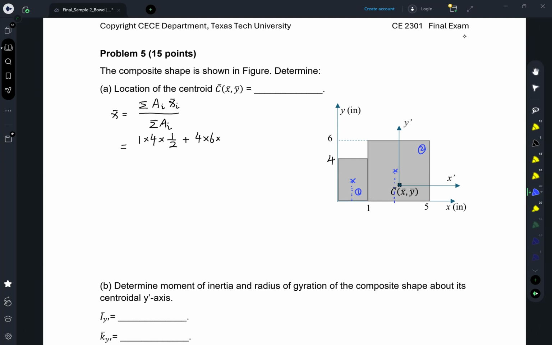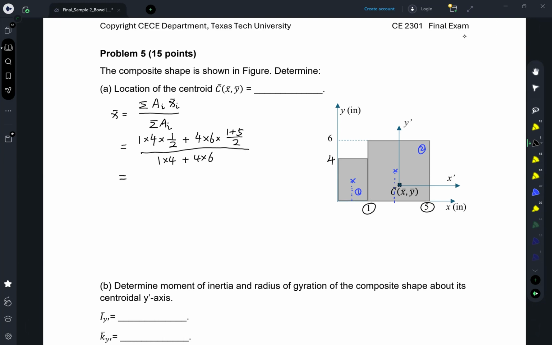So it will be between 1 and 5, at the very middle. It can be evaluated as 1 plus 5 divided by 2. It is the average of the coordinates of the edges, right? Okay. So now divided by the total area,